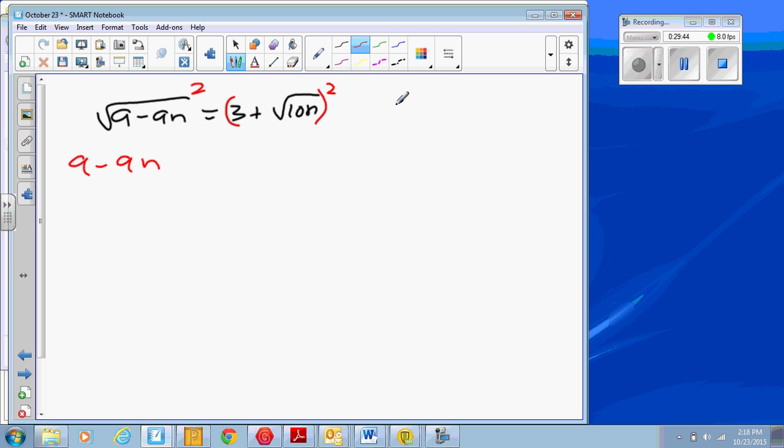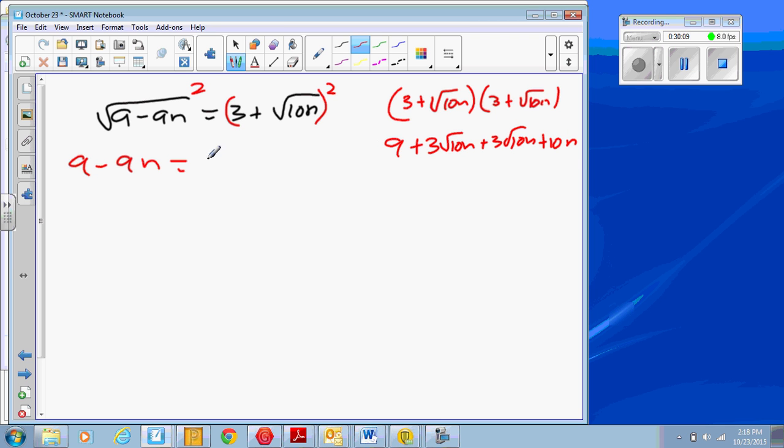The right side, we have to do FOIL. 3 plus square root of 10n times 3 plus the square root of 10n, and just do FOIL. 3 times 3 is 9, plus 3 square root of 10n, plus another 3 square root of 10n, and then plus 10n. So this is going to be 9 by itself, plus 2 square root of 10n,